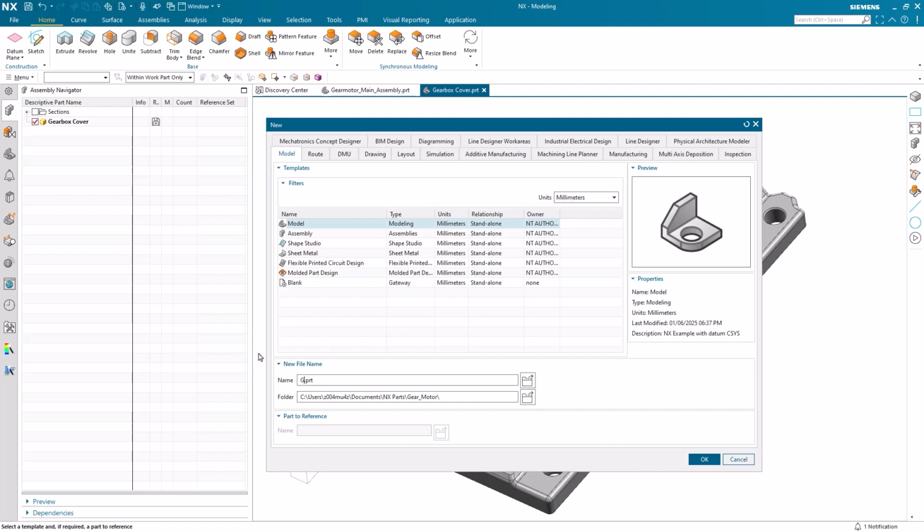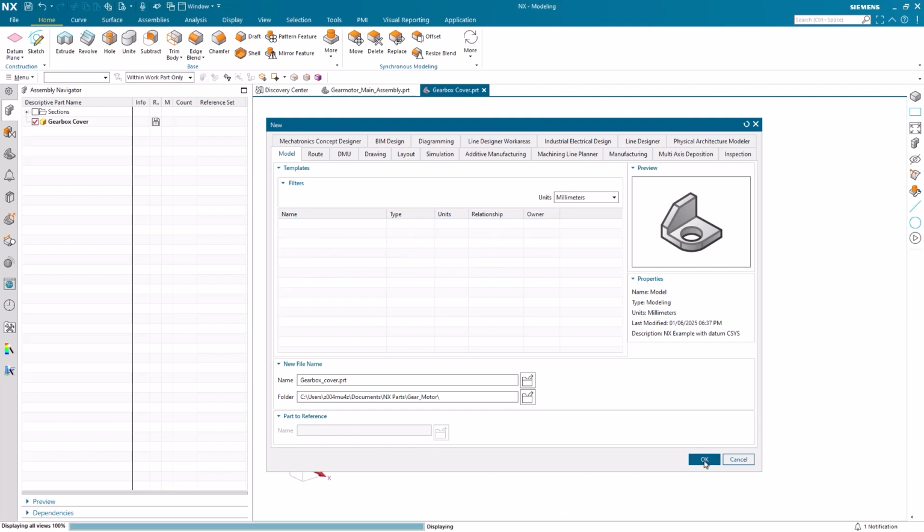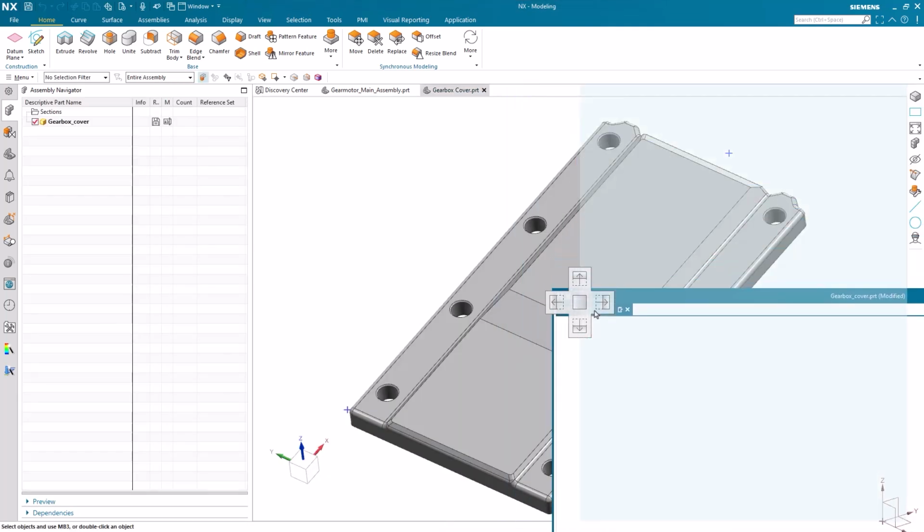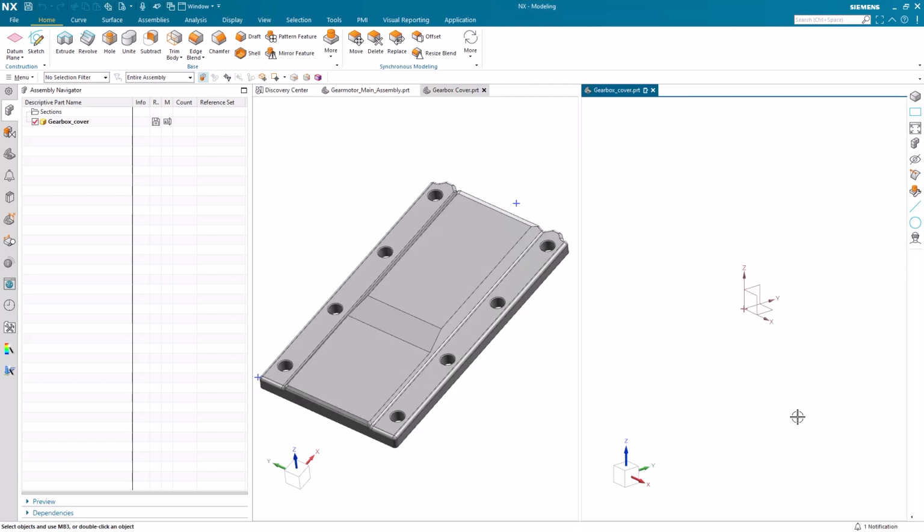With that finished, the final step in creating a new part is to select a name and a folder to save to. Staying organized is a very crucial aspect of design efficiency, so use a system that makes sense for your workflows. It's important to save early and often. This ensures that all your design work will be protected and each revision that is made is available downstream.